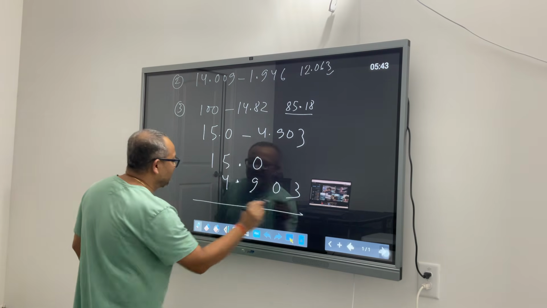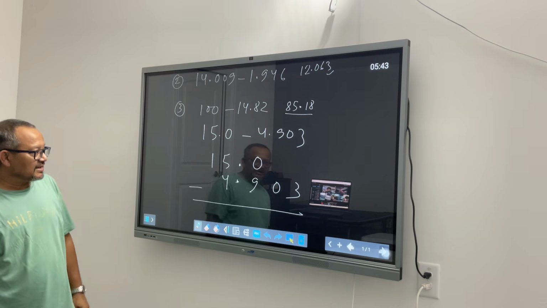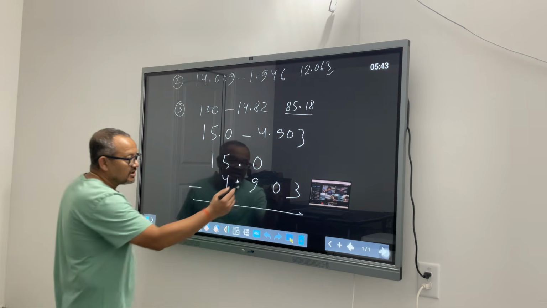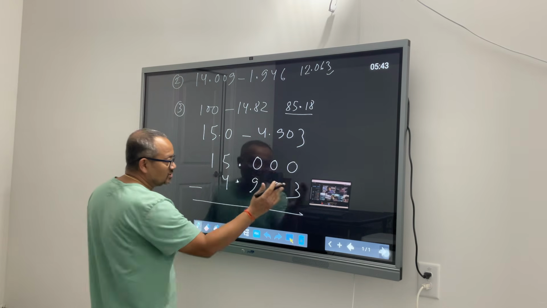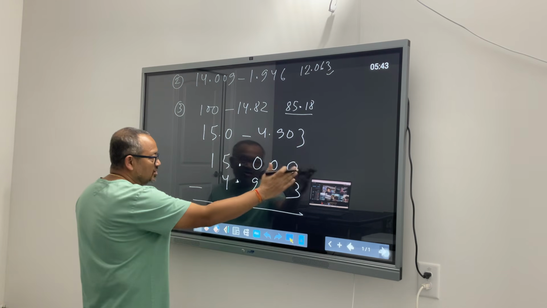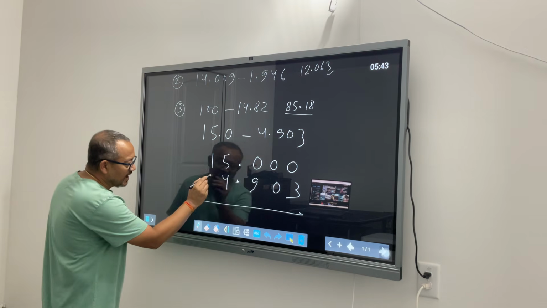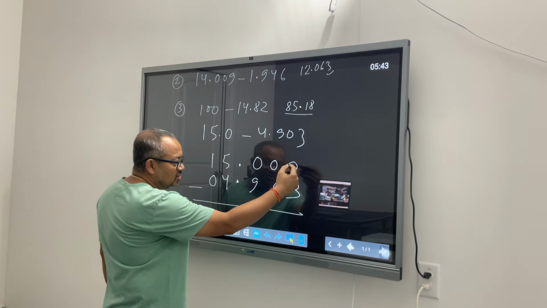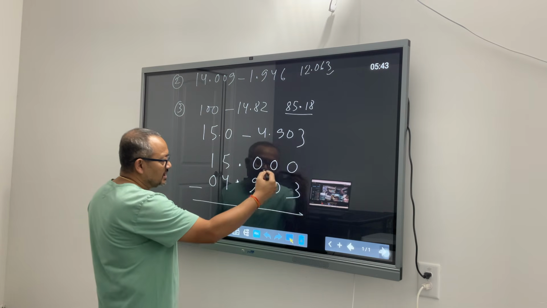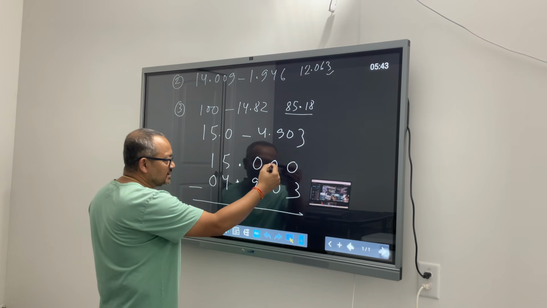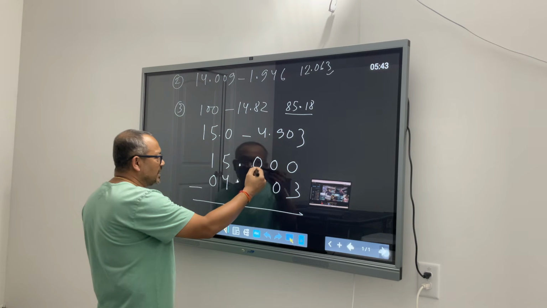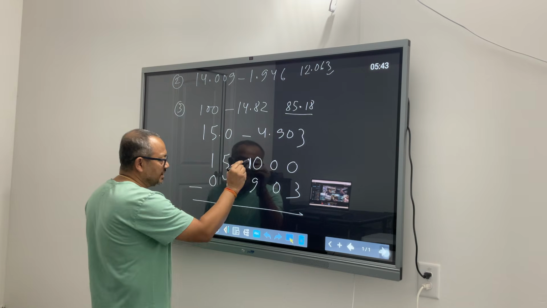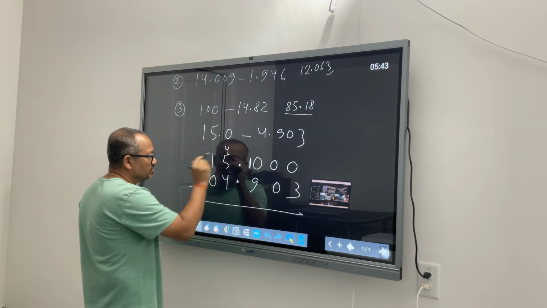Now I am trying to subtract. And decimals give us the flexibility to add as many zeros in the beginning or end. So here I will add 2 more zeros, so I have the same number of digits on the right-hand side. And here I will add 1 more zero, so it all looks the same. Now 0 minus 3 I cannot subtract. This one has to borrow 1. This one doesn't have any. This one has to borrow. This one also doesn't have any. It borrows from this one. 5 said, okay, I am giving you 1. This one became 10. And this one became 4.